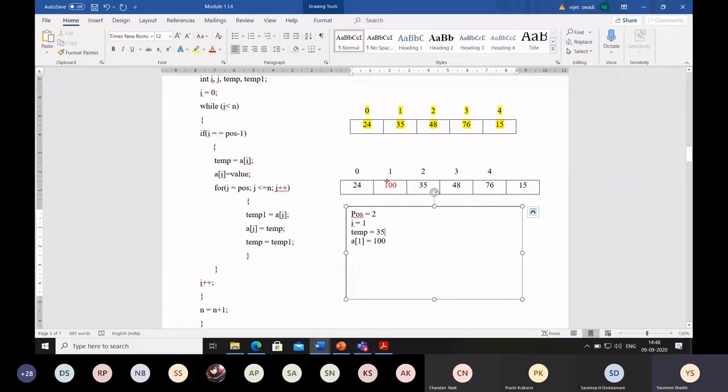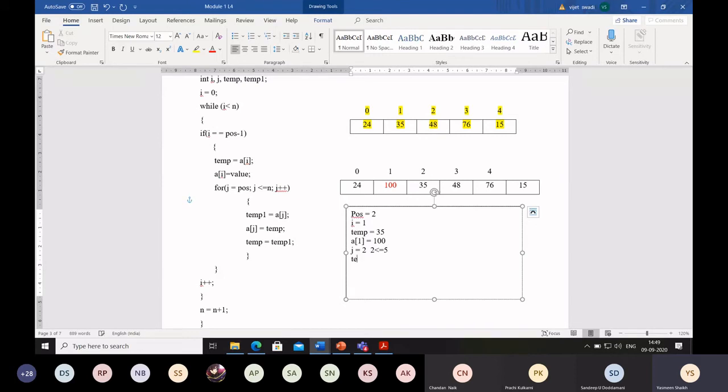After inserting this, in order to insert this, I have to empty this location, right? So what we have to do is we have to move this location towards right. So what we will do, there is one for loop here, for j is equal to position. So j is how much? Is equal to position. Position is 2. So that position 2 is less than or equal to n. n is how much? It is 5. So position 2 is less than or equal to 5. Condition is true.